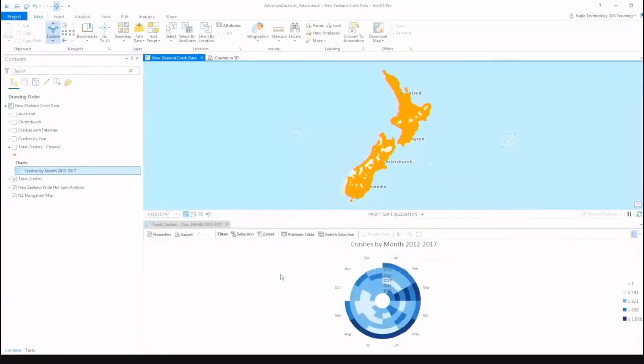ArcGIS Insights doesn't let us do all the visualization and data exploration that we might want to do. So I've swapped over to ArcGIS Pro just to show you a few extra items. At the bottom of my screen here, you can see that I've got a data clock. This data clock allows me to show in concentric circles every year of my data and also every month of my data as the segments. And you can see that March consistently has a lot of accidents happening in that month across all years.